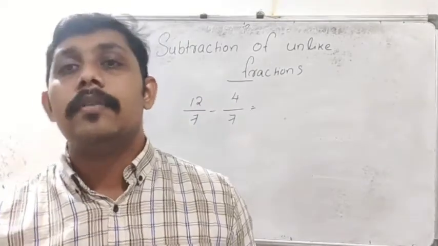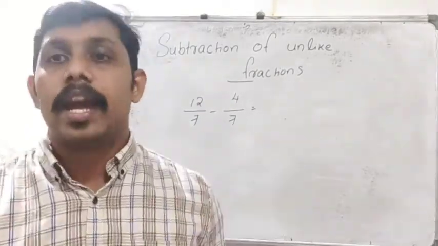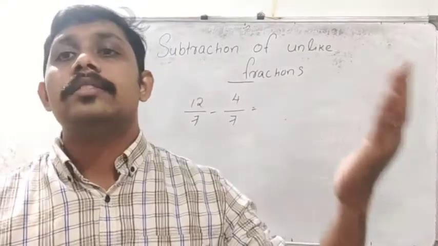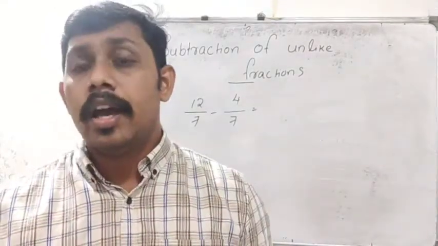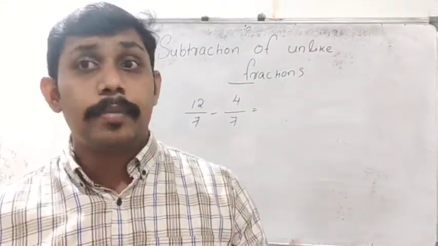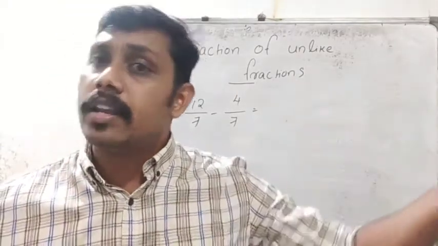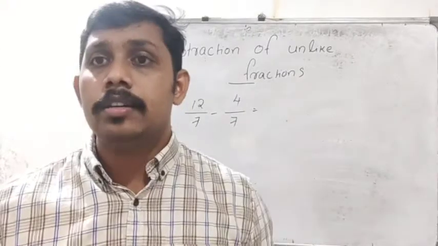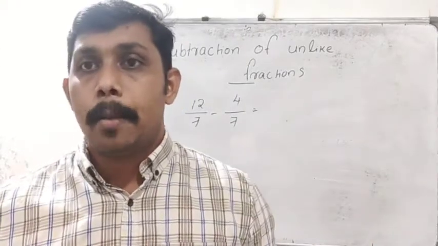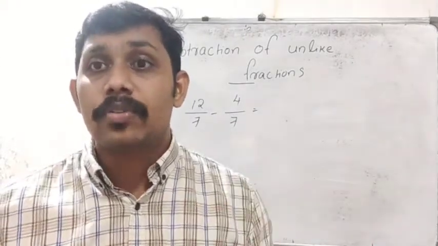In the previous class, we discussed how to add the given fractions, both like fractions and unlike fractions. In like fractions, that means the denominator is the same, we simply add the numerators and write the common denominator, and then we get the answer. But in the case of unlike fractions,